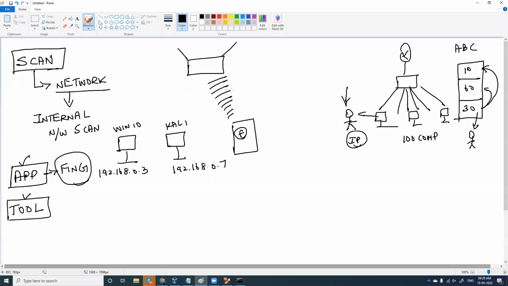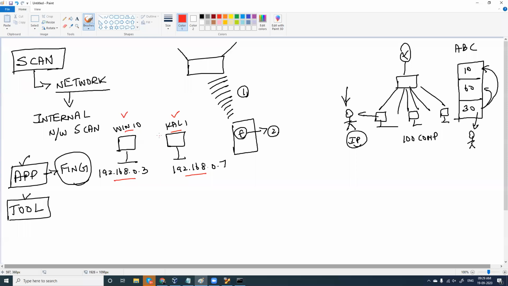In case it is connected to a Wi-Fi, and second, if you open this app, it is going to show you what other computers are there. What other computers are there? What is the IP address of those computers? What is the name of those computers? And it is going to give you a lot of interesting information.